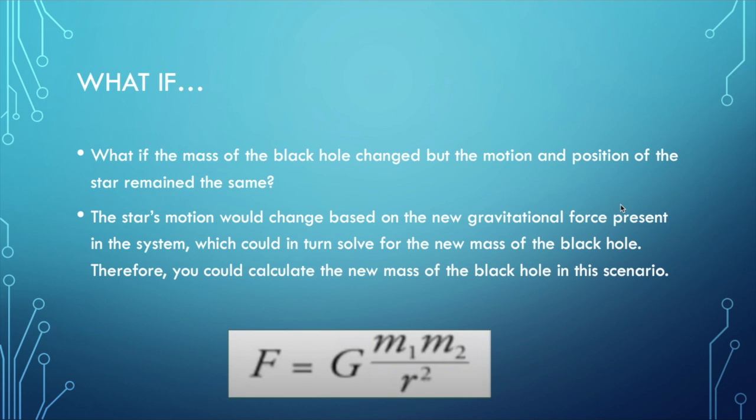And then we have a what-if scenario: what happens if the mass of the black hole changed but the motion and position of the star remained the same? Well, you can use the gravitational force equation, and the star's motion would change based on the new gravitational force present, which we could then solve for the new mass of the black hole by plugging into the formula. So we therefore could calculate the new mass in this